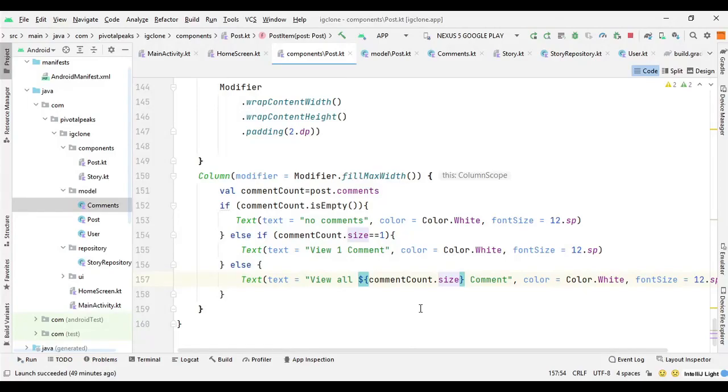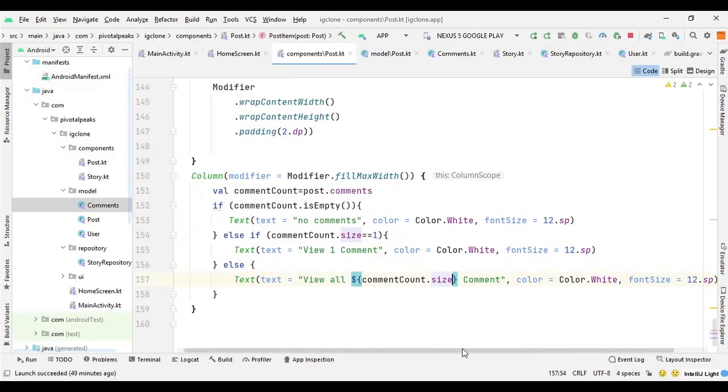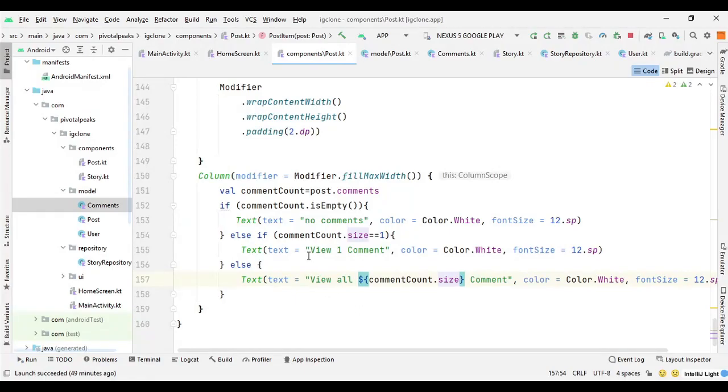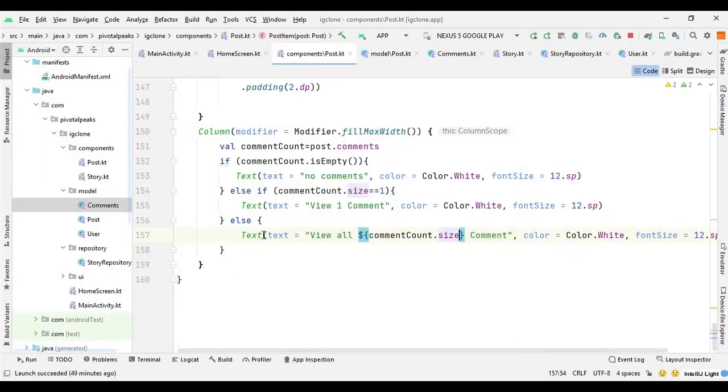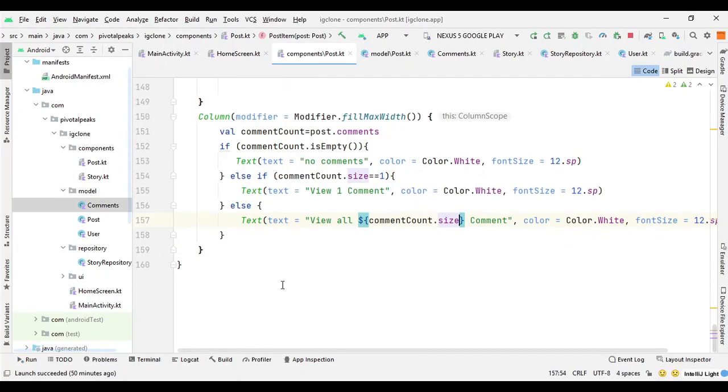So if it has like 5 comments, it will display view all 5 comments, and yeah, so that's how we display the comments or comment or no comment. So that's for the single post item, and now we will create the function for multiple posts in the same way that we did for the stories.